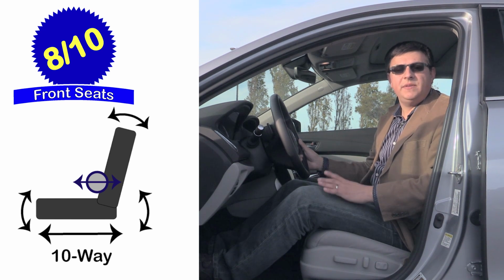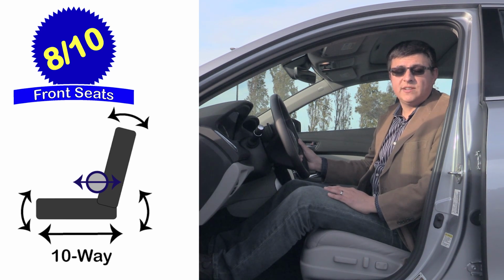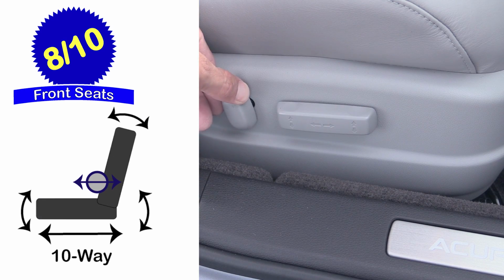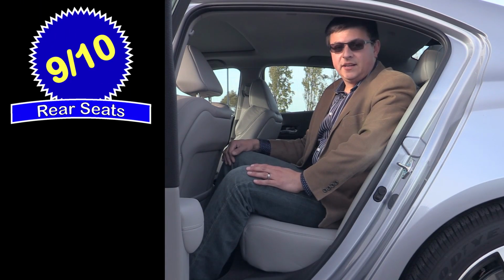Mercedes-Benz C300 has probably the most comfortable seats in this segment, but you'll definitely pay for them because that Mercedes is a great deal more expensive than this. One thing worth knowing is that the passenger seat in the TLX lacks the adjustable lumbar support that the driver gets. When it comes to rear seat comfort, things go up a notch to 9 out of 10 points, largely